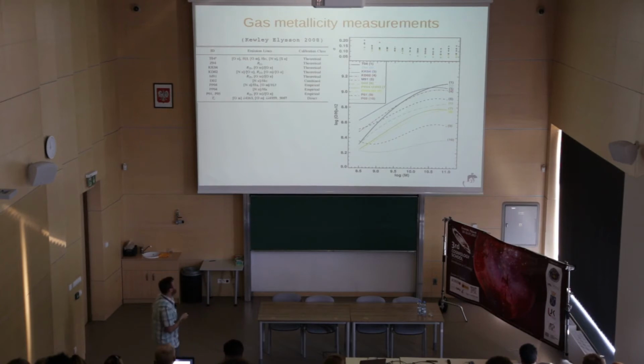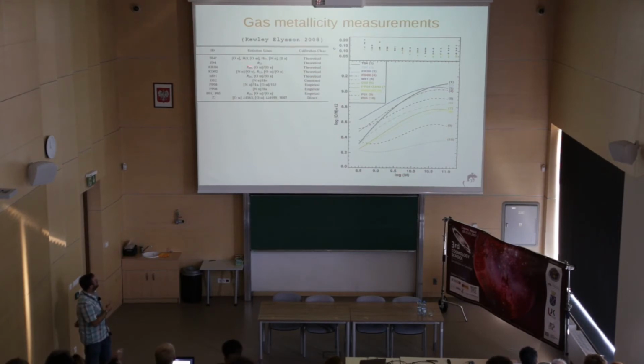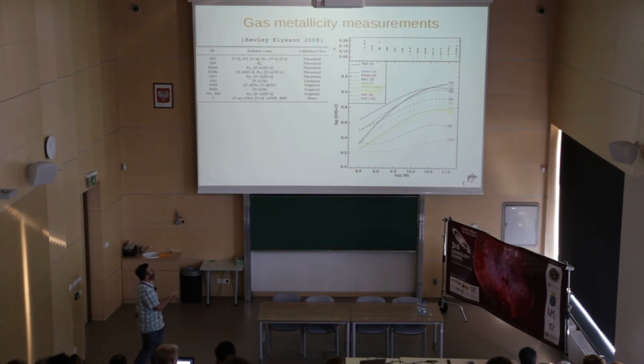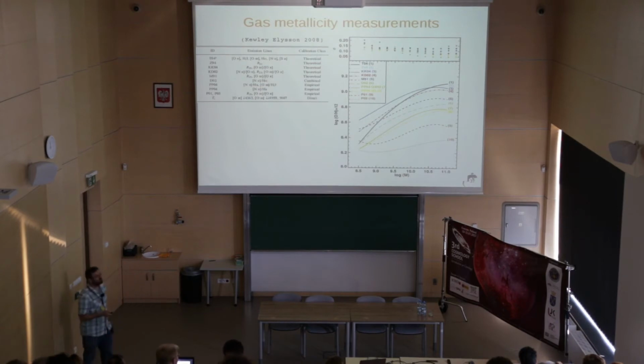This is a work which is useful to know also, the Kewley and Ellison paper, where they compared basically the relation that you find in galaxies between the mass and the abundance of oxygen, depending on which calibration you use to derive the metallicity. So there is a bunch of them. And depending on what you have, you can see that there is a lot of difference. The absolute value can change by 0.2 to 0.3 dex. So it's quite significant. It means you never have, or you rarely have, very